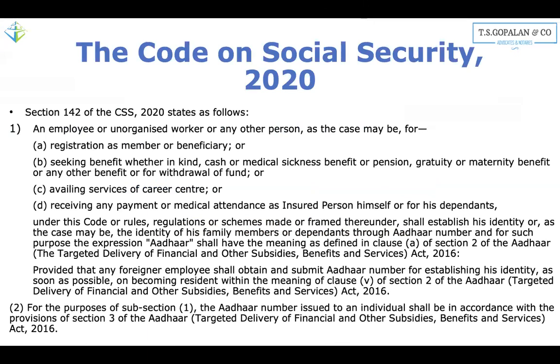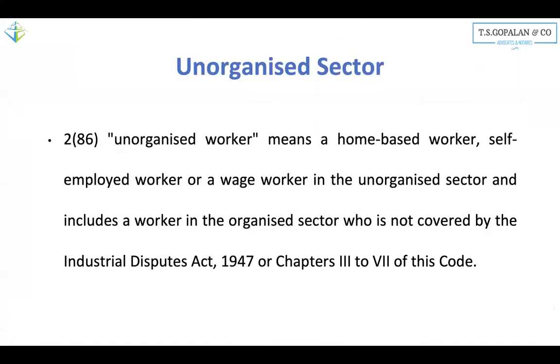This notification pertains to unorganized workers and registration of unorganized workers using the Aadhaar portal and the numbers, and only by registering themselves with the consent portal as notified, they'll be able to get the benefits of the government. Who's an unorganized worker has also been defined under the Code on Social Security, and primarily it seeks to register even a small shopkeeper or a tea vendor, or somebody with less than 10 workers, so a very small petty shop around your corner. All these people are sought to be covered as unorganized workers, and it is for this purpose that Section 142 has been notified from 3rd of May